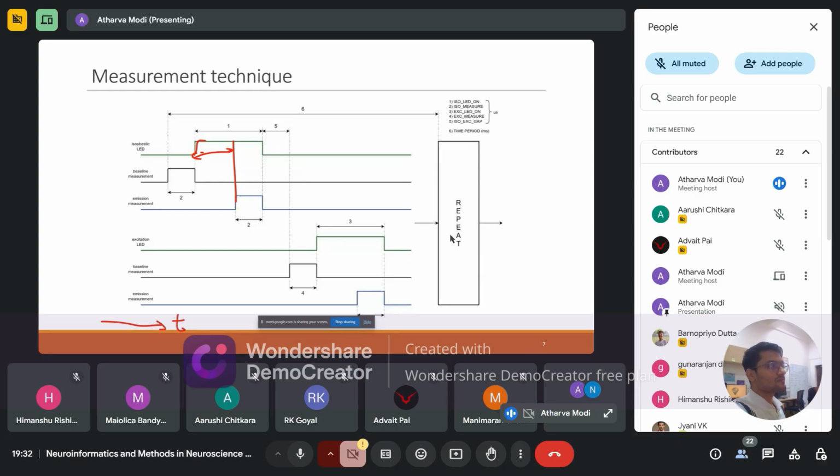In this measurement, you take many readings and then average them out, basically over some 1 millisecond or so. Then you again give some gap to the system, do the baseline measurement here, turn on the excitation LED and measure emission here. So what you get is an emission measurement, this one first and this one second. These are separated by around 4 to 5 milliseconds in time, and this can vary depending on what system you choose or what kind of sensor you have, but these are considered coincident